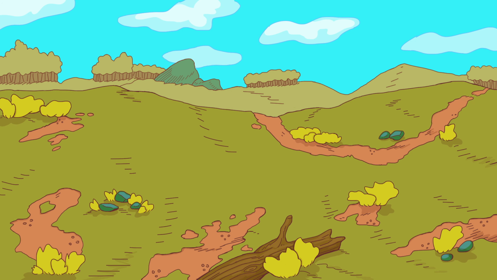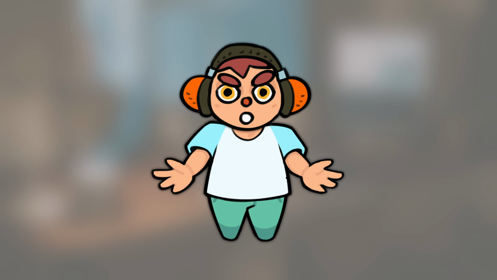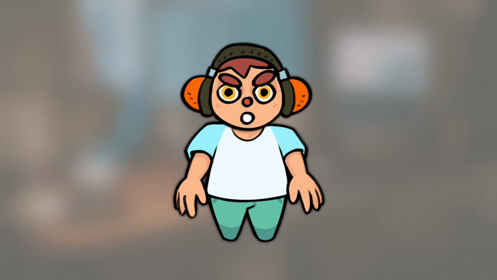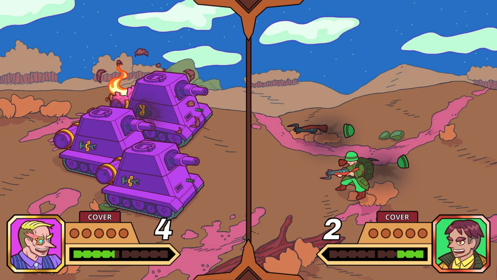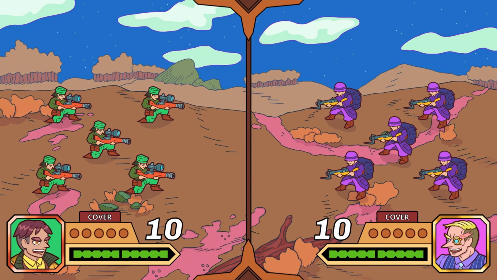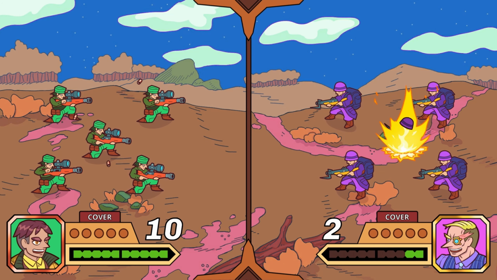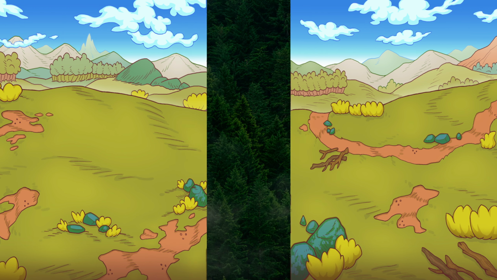The original backgrounds lined up perfectly, so it was a big image cut in half. But there's a problem. For example, there's two units in combat, and each one is in a forest. It seems like they are in the same spot, next to each other, and it feels even more odd when this happens with units like snipers attacking from a distance. That's why now they don't line up, and the left and right sides are different.